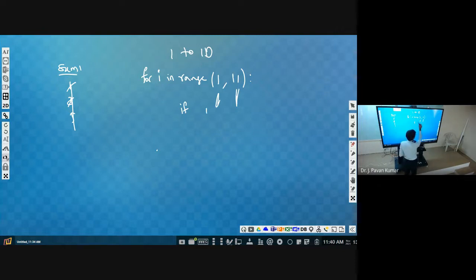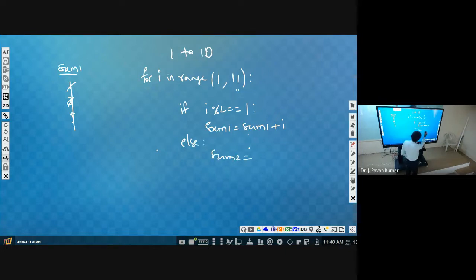If it is odd, that means I mod 2 will be equal to 1. That means it is odd. Then we have to add that to sum. So sum 1 is equal to sum 1 plus I. Otherwise, that is else, sum 2 is equal to sum 2 plus I.